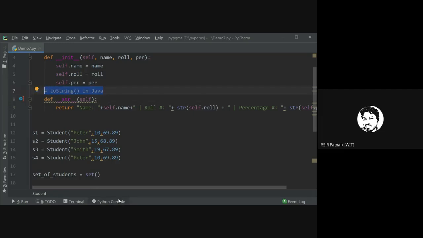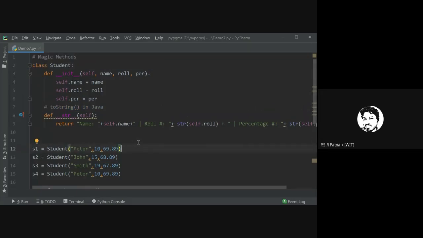Okay, so maximum I'll try to either relate it to Java or C++ or C, depending upon the concept. So in some cases, if you are unable to know, sir, we don't know what is toString, then let me know there and then. I will try to explain you in some different style.